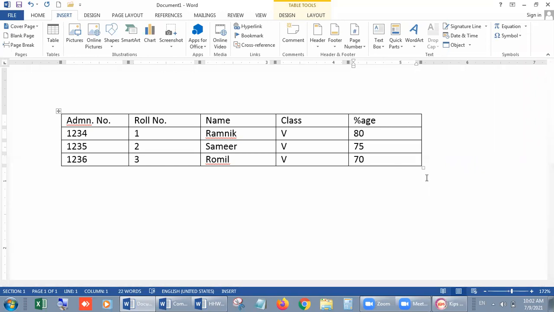Okay. So in this way, we can modify our table. In our next lecture, I will show you how you can color your table and your data with different colors so that your table can be represented in a very decent and colorful way. You can make your data attractive with the help of some modify commands or formatting commands that I will cover in my next lecture.